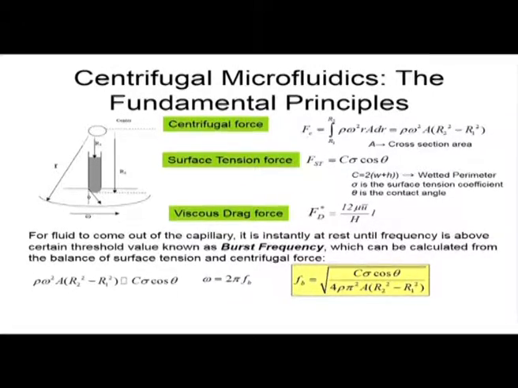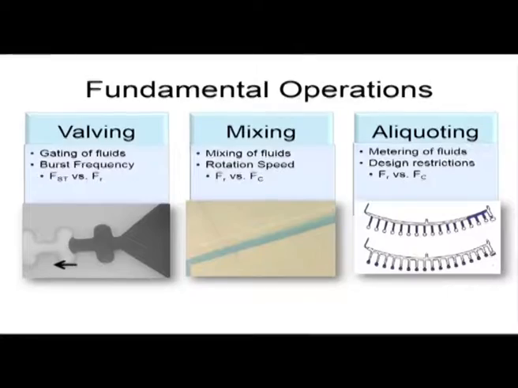Out of that, drag force does not come into the picture for the burst frequency calculation. The reason is pretty clear, because at the burst frequency fluid just starts flowing and there is no viscous force prior to that. So, burst frequency is calculated from the balance of centrifugal force and surface tension force. So, whatever we first interpreted in terms of a pressure gradient, the same thing you can get as a balance of forces as evident from this slide. The final expression is of course same as what we derived in the earlier slide.